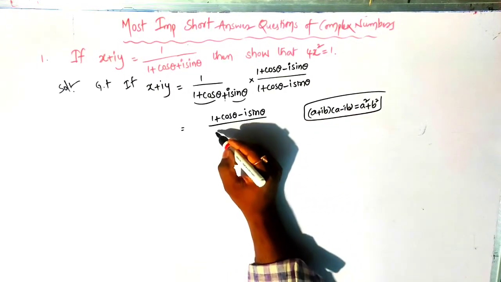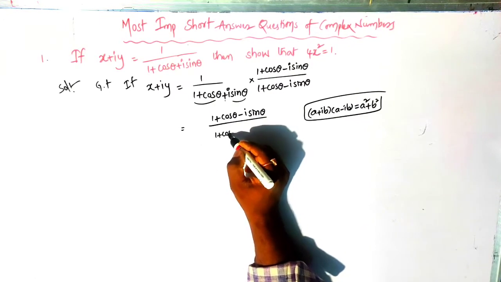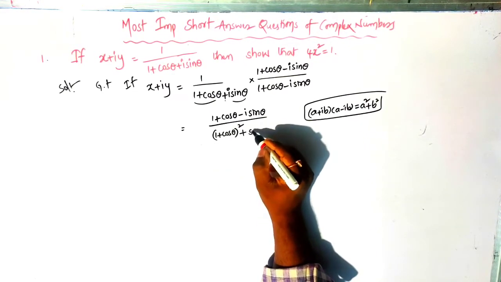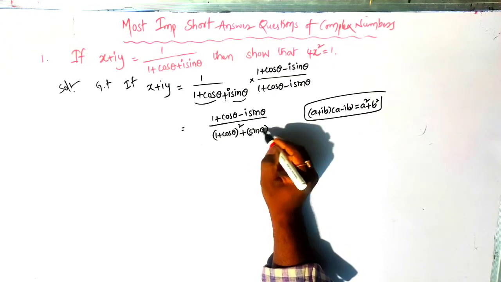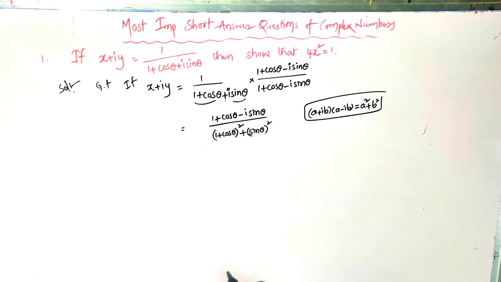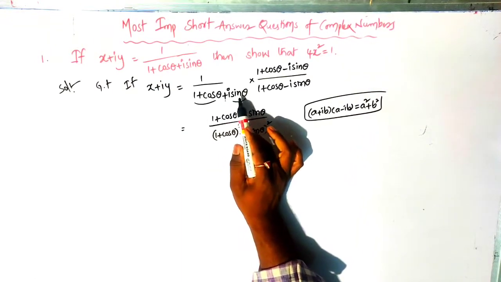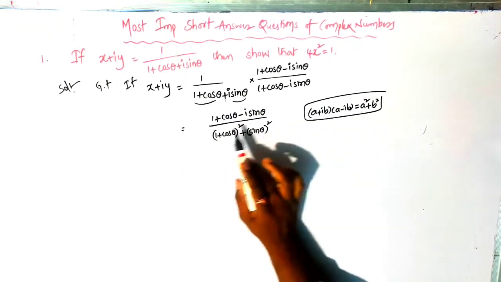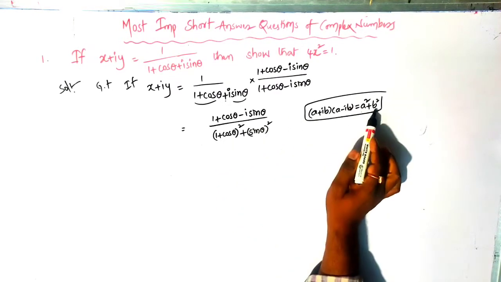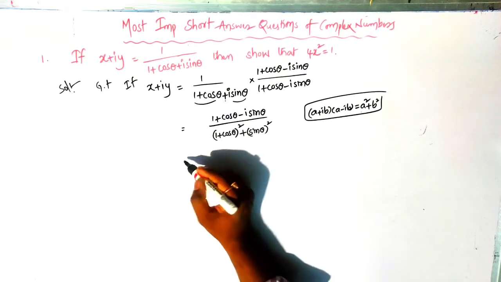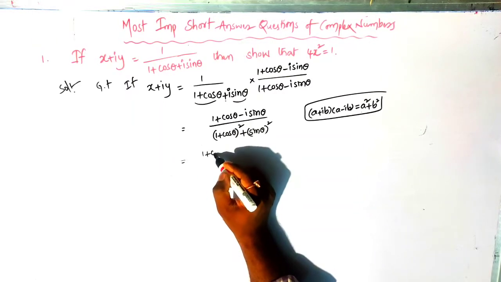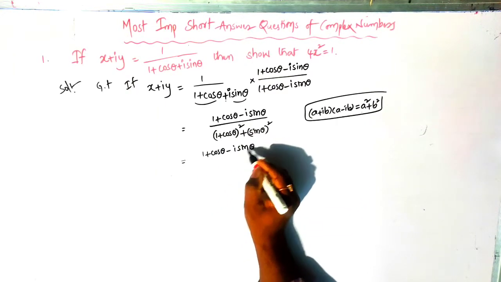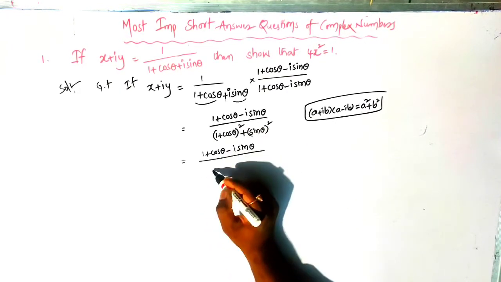So here a is 1 plus cos theta, that's why we write 1 plus cos theta whole square plus b, that is sin theta whole square. Clear? So a plus ib, a minus ib, where a equals 1 plus cos theta and b equals sin theta. Clear? So 1 plus cos theta minus i sin theta divided by 1 plus cos theta whole square